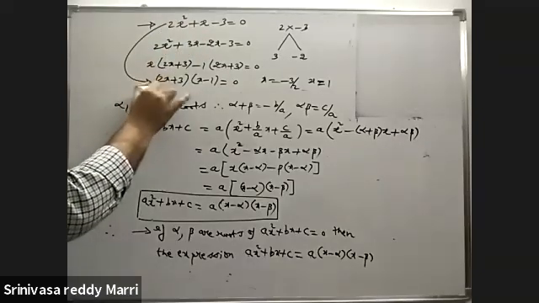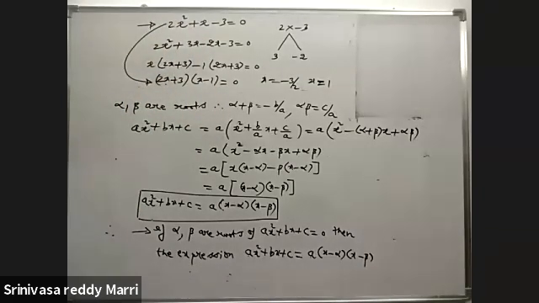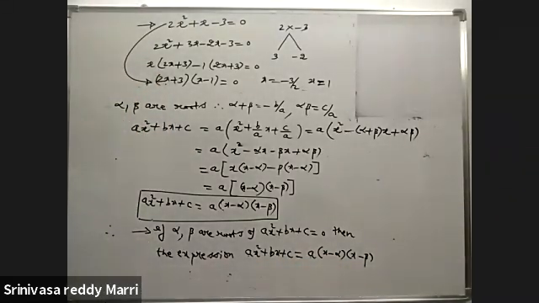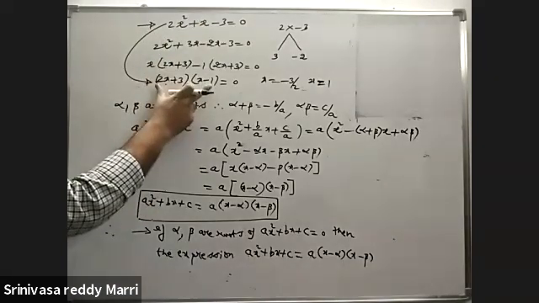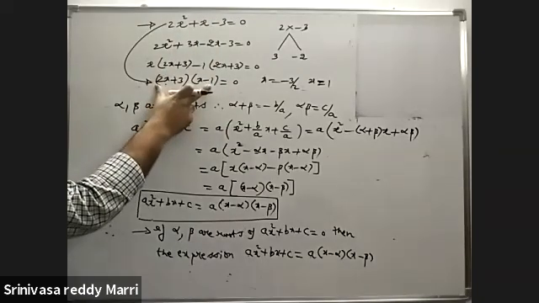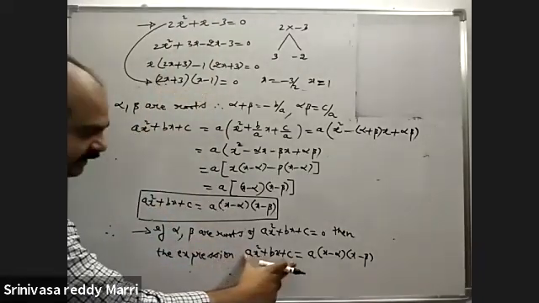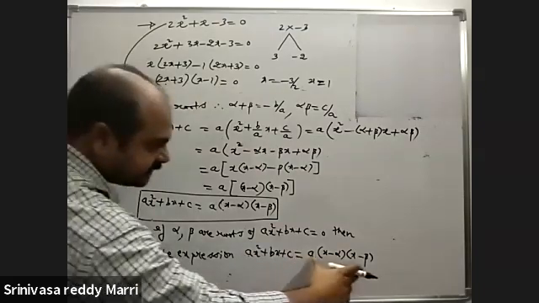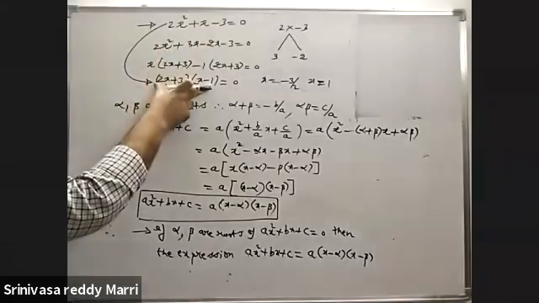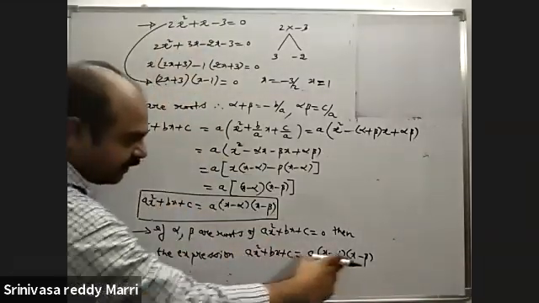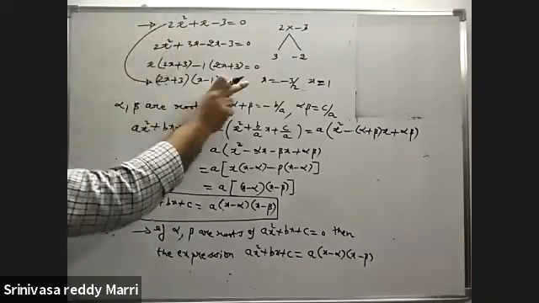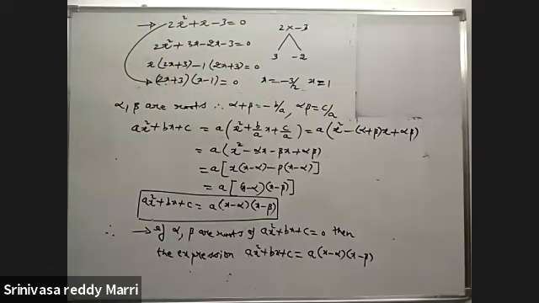This quadratic expression we have factorized into two terms. Here also factors are like this. X minus alpha is one factor. For this expression, these are the two factors. That's what I have written here: ax square plus bx plus c also has two factors. Similarly, for this expression also, two factors will be there. This is the factorization method of finding the roots.